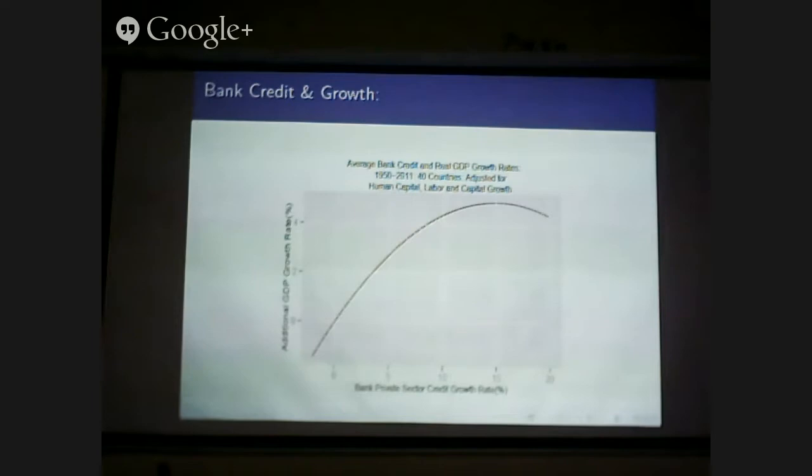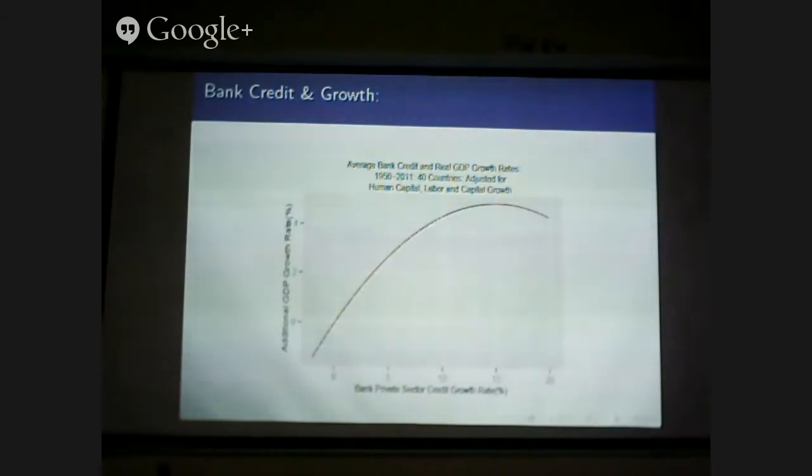And the data is for 1950 to 2011, for 40 countries we could get. It's adjusted for many country-specific things like human capital, labor, capital growth, etc. Adjusted for that using regression methods. Then, if you plot that, you see as bank private sector credit growth rate increases,